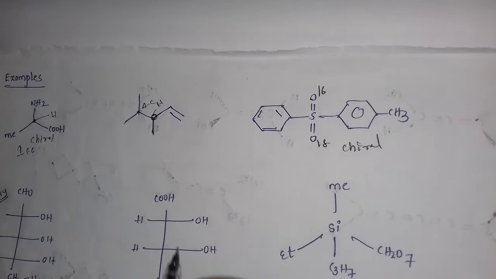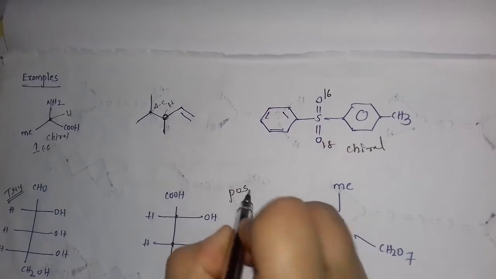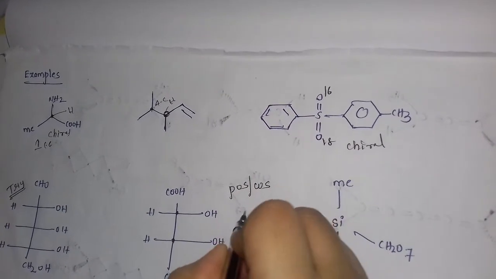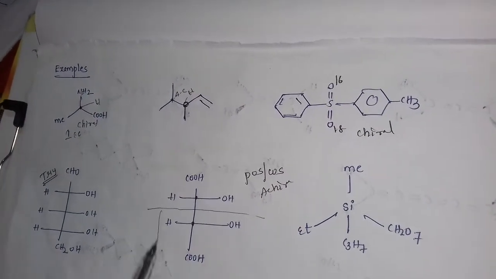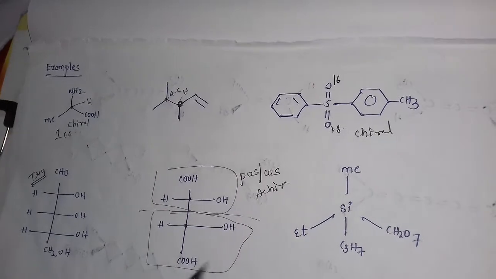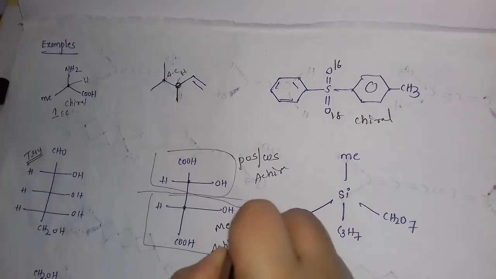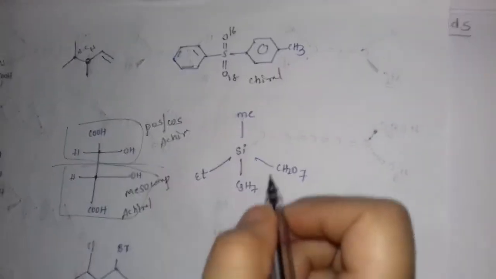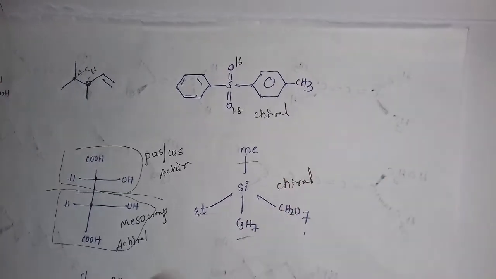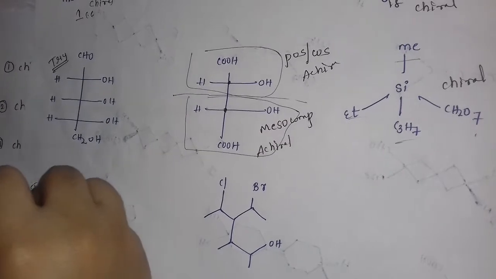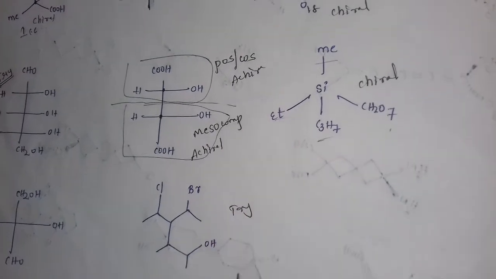Now you test this yourself, you try. Now this one, if you see, is chiral, but I told you one thing: if there is a plane of symmetry or a center of symmetry, it becomes achiral. If you keep a plane here, this compound looks the same, so it is achiral. Actually it's a meso compound having two chiral centers. Now in this one, four different groups are attached, so it is chiral. This you try yourself, and this also I think you try and comment your answer in the comment section.